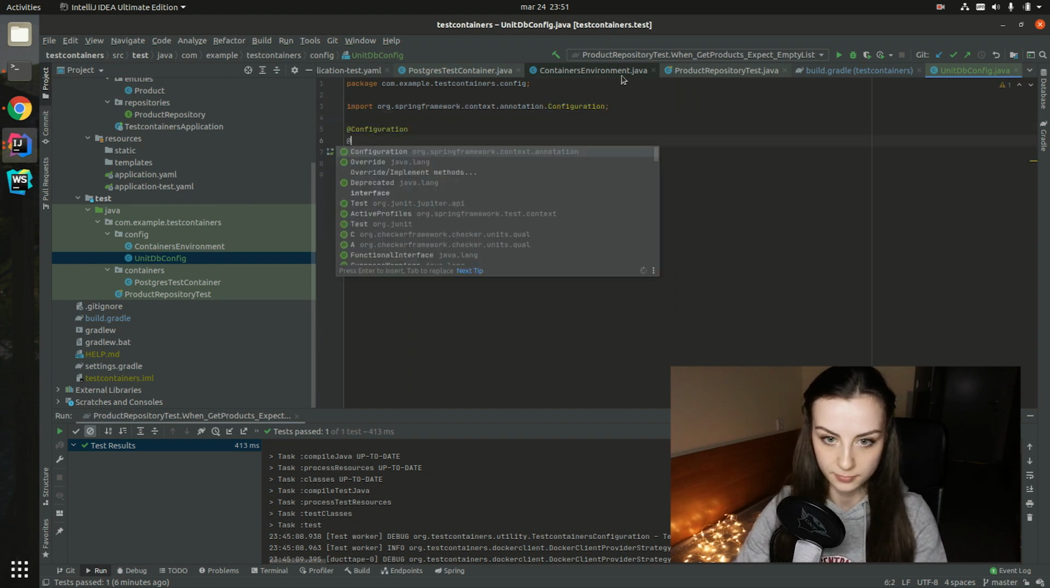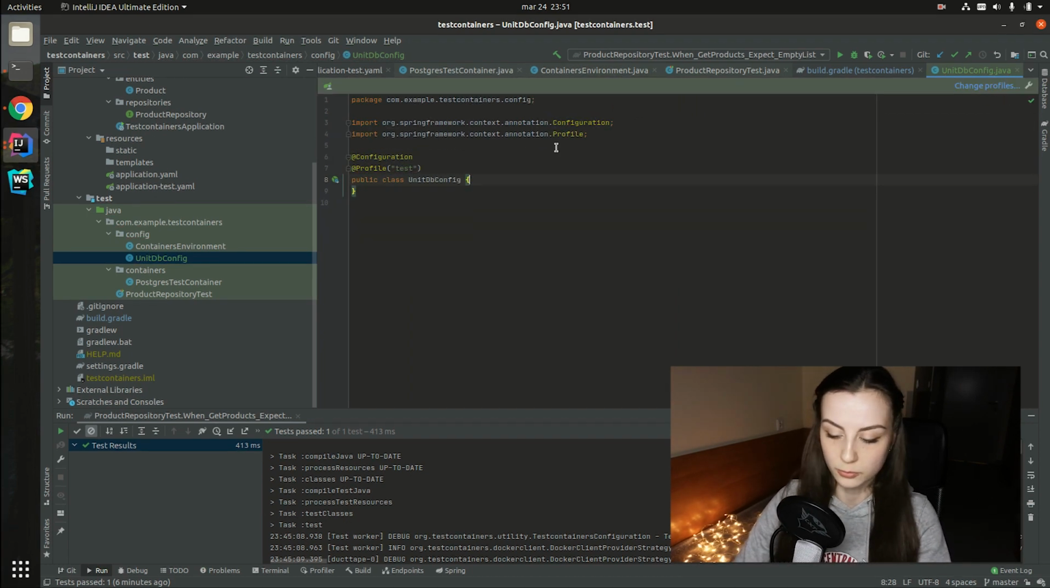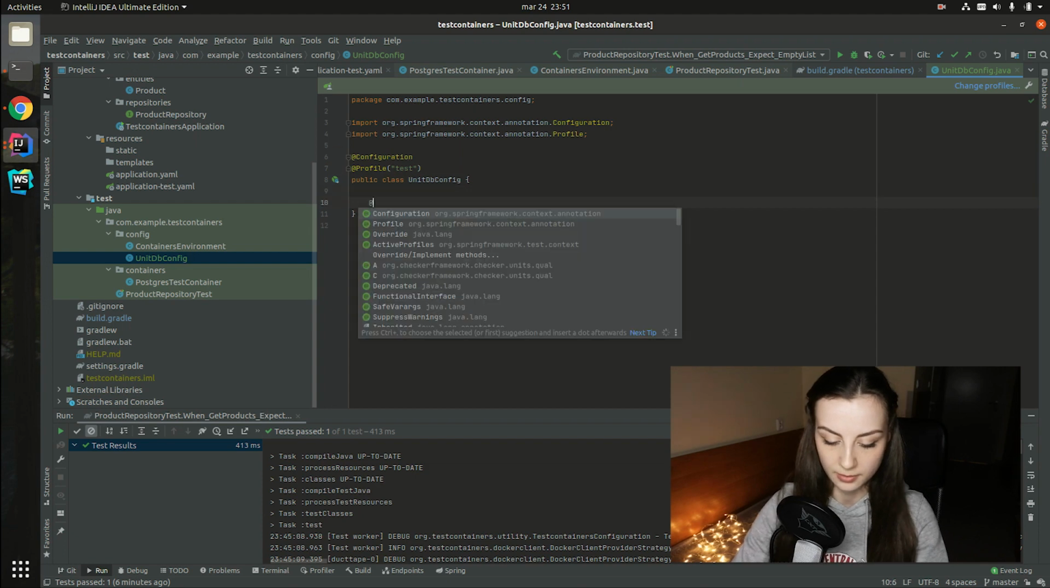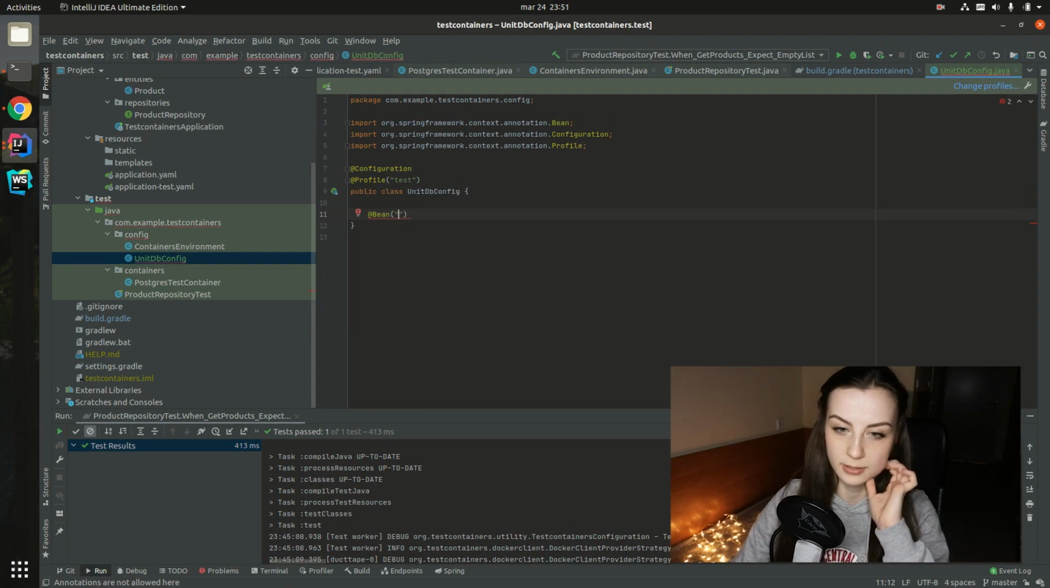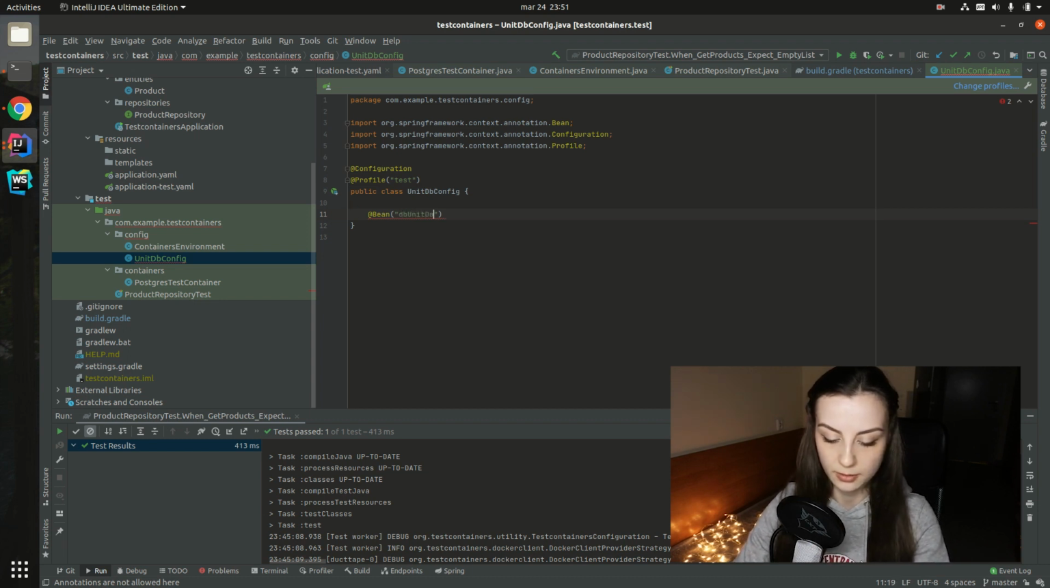Configuration for test bean, and now we need to provide a name for this bean. It can be dbUnitDataSource, public DataSource,